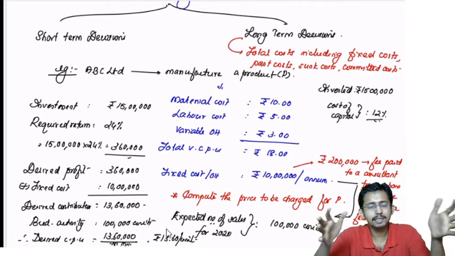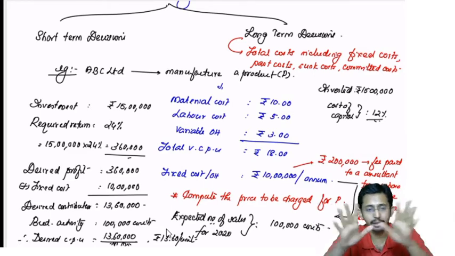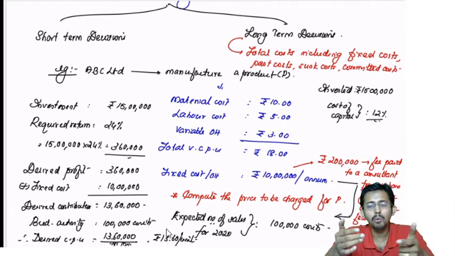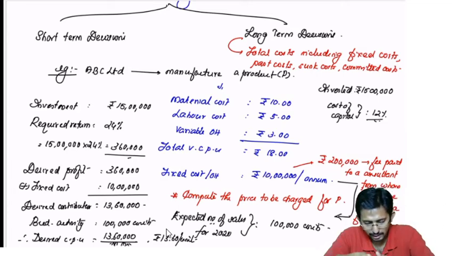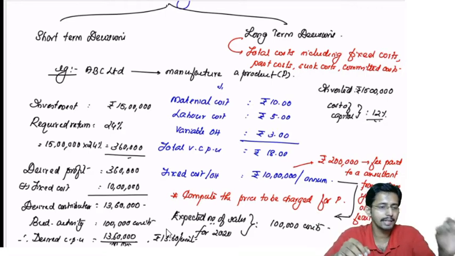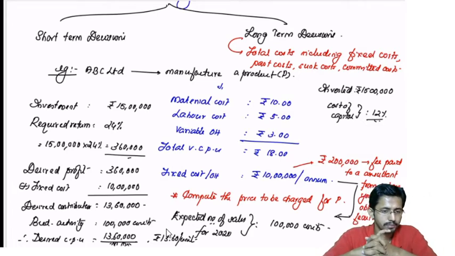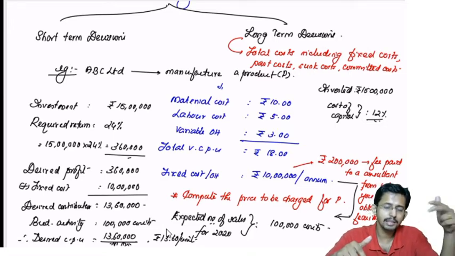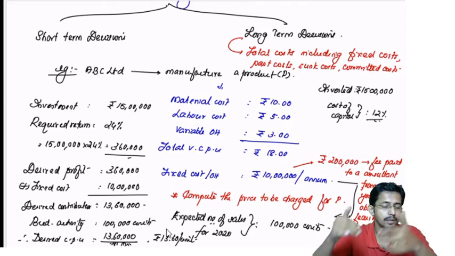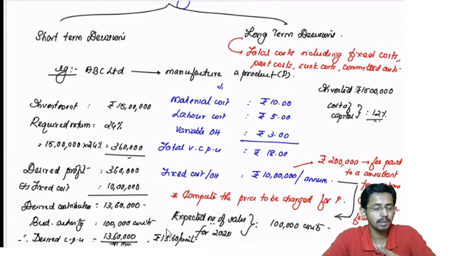Okay, now let us say this is all calculations for 1 year only. Okay, so you have paid 2 lakhs rupees to that particular consultant. Now that 2 lakhs also you are considering as a fixed cost here. Now the same old customer who bargained with you, he is asking you, see, okay, I agree that you need to recover your entire fixed cost. Now this 10 lakhs includes a cost which you have already incurred. You incurred some 6 months back. Now why do you charge that cost which you incurred 6 months back to the products you are going to sell to me in the coming months?